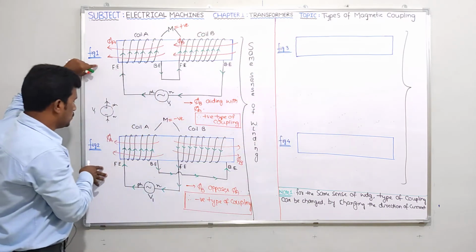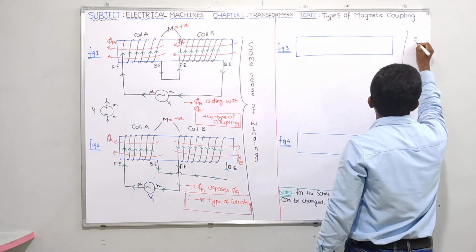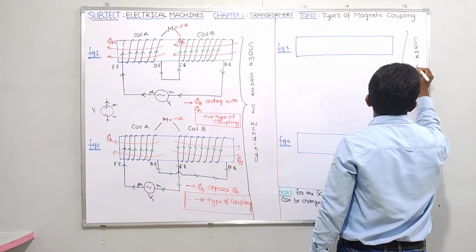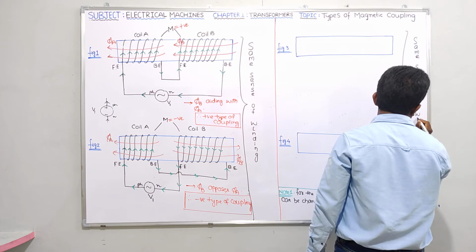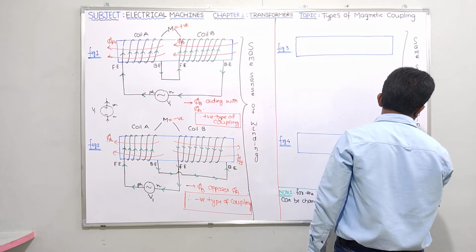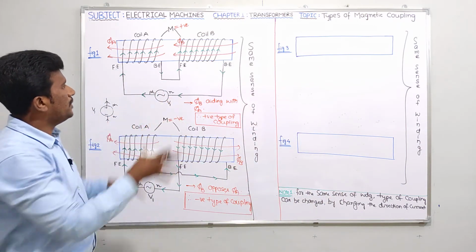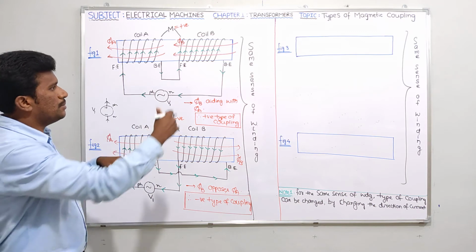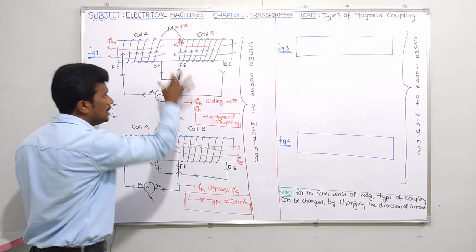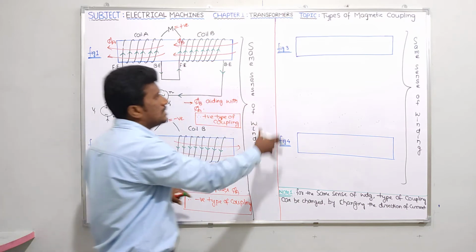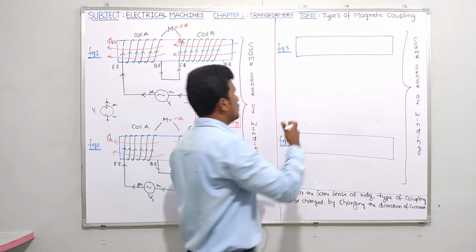Okay. So in these two figures, I have the same sense of winding. Let me take figure number 3 and figure number 4 also. Same sense of winding. Same explanation only, guys, but I am using a different winding here: front end, back end, front end, back end. Here also front end, back end, front end, back end. Sense of winding same. In this discussion also, figure number 3 and figure number 4 should have the same sense of winding. But let us see how I am going to draw here.